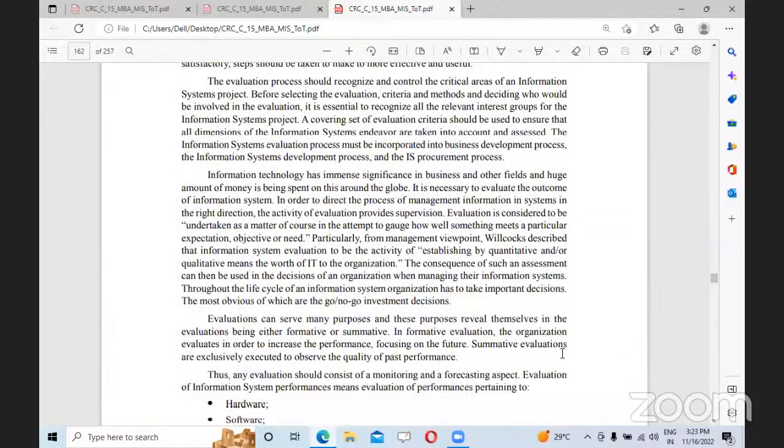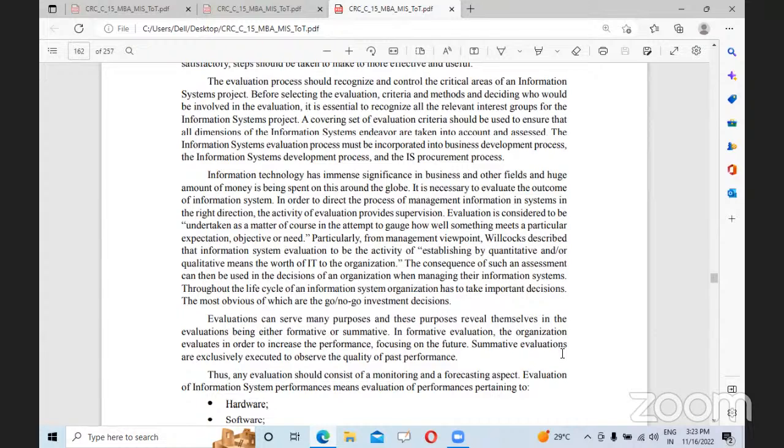Information technology has immense significance in business and other fields, and a huge amount of money is being spent on it across the globe, and it is necessary to evaluate the outcome of information system in order to direct the process of management information systems in the right direction. The activity of evaluation provides the